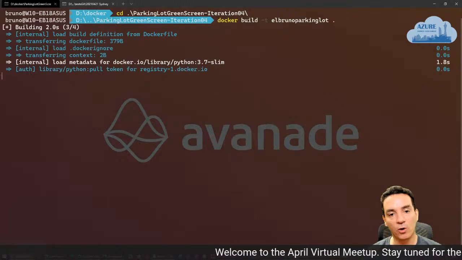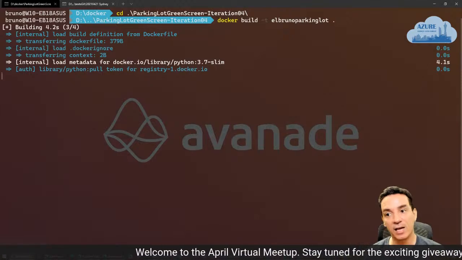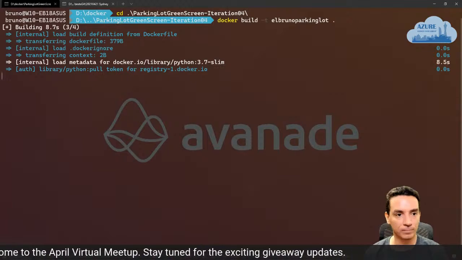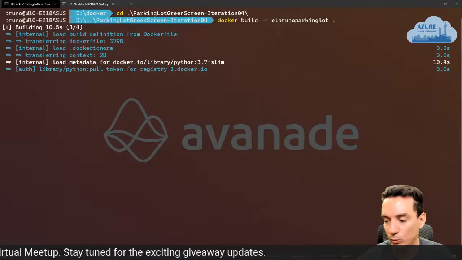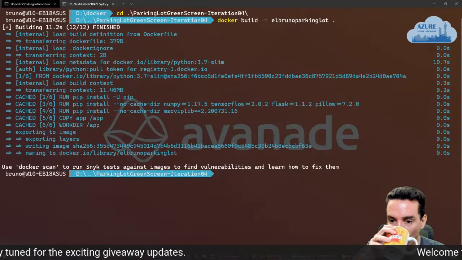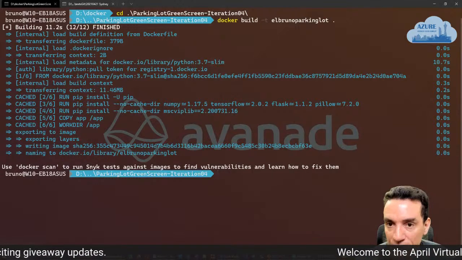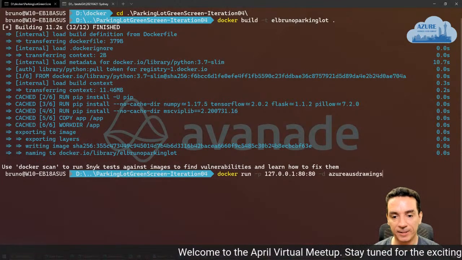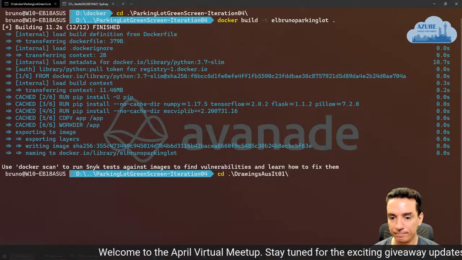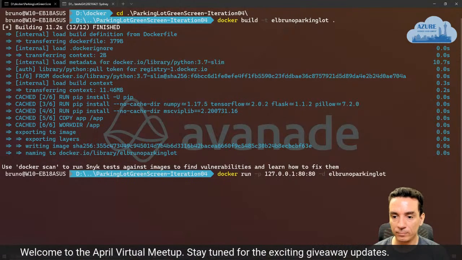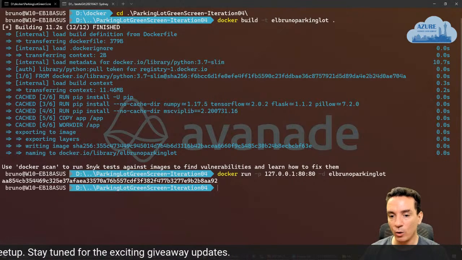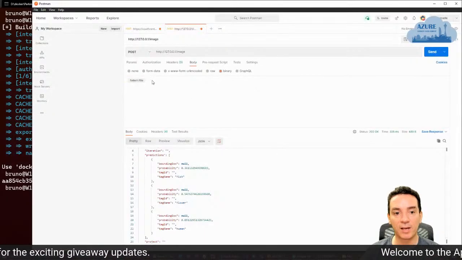I already downloaded this. I am going to build the image, and then I am going to also start the image. So the Docker image is built locally, and let's run this. Perfect, there it is.